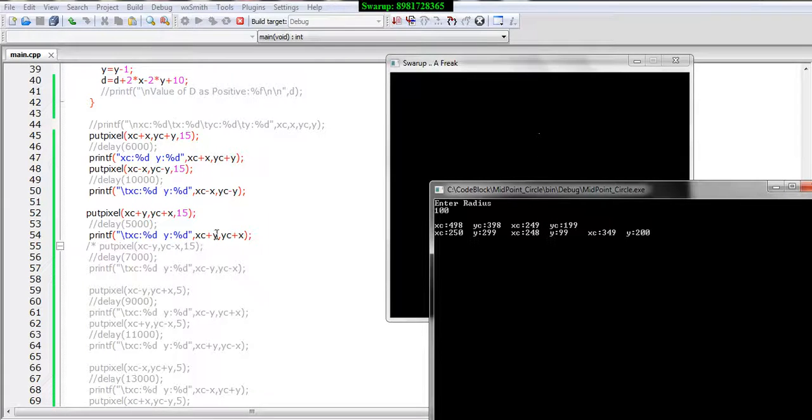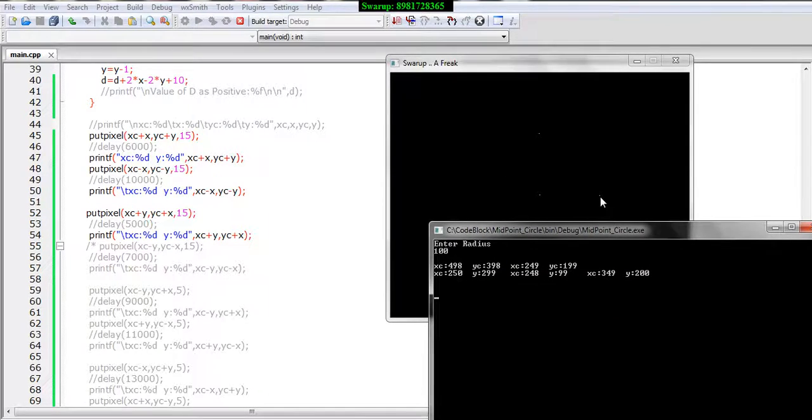Okay, and what was the value of xc? It was 249, yes, and y was 100, so it became 349. As a result, this is the column 349. And x was 1, so yc was 199 plus 1, which made it 200. So this is the 200 column. There's a slight difference between this particular row and this particular row. So 200 is the row position over here. So it is plotted at column number 349 and row number 200.